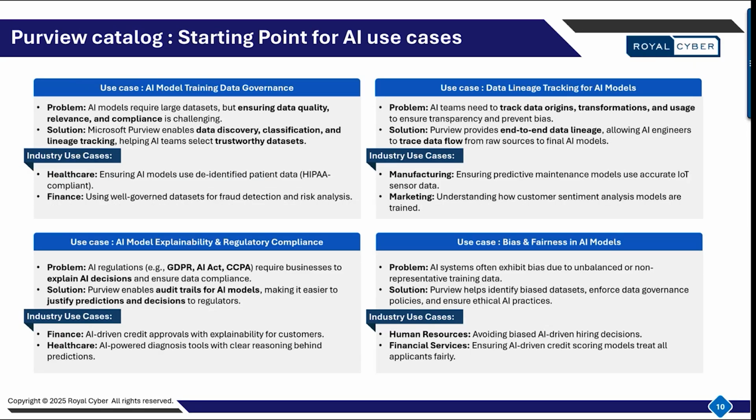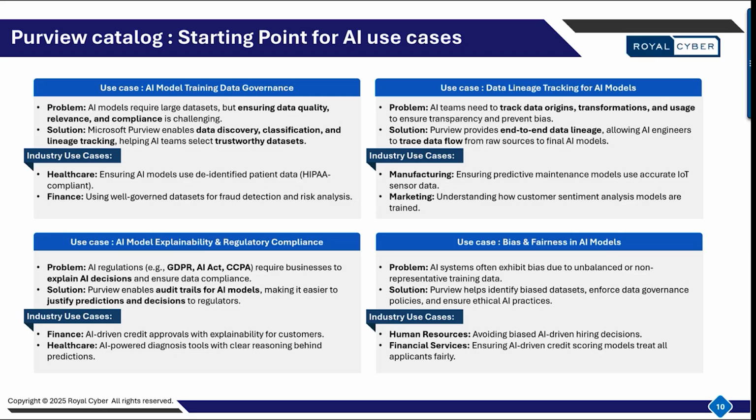Moving on, when it comes to AI, AI is the talk of the town at the moment. When it comes to AI, having the right data is just as important as having the right model. AI models require very large data sets, but ensuring data quality, relevance, and compliance is a major challenge. So the Purview Catalog helps by tracking, classifying, and governing AI training data, allowing teams to work with trustworthy and